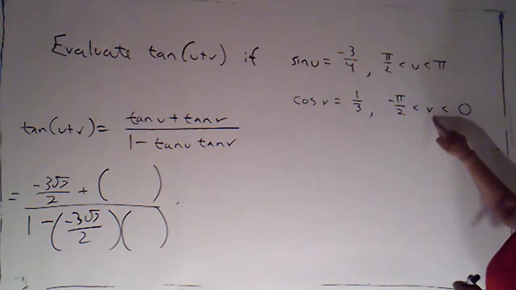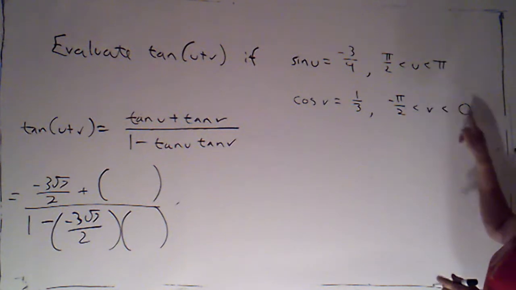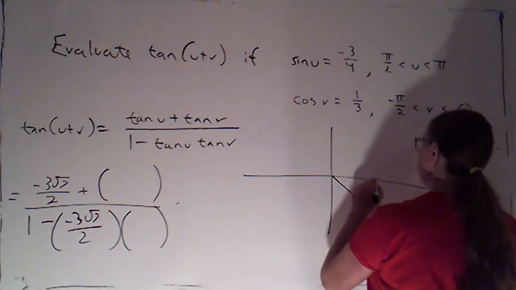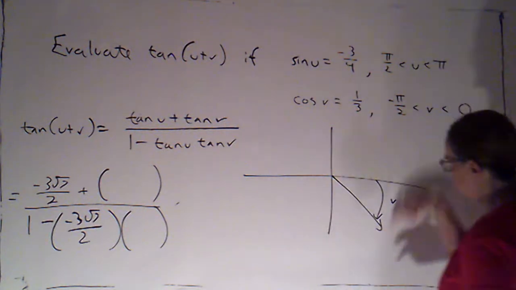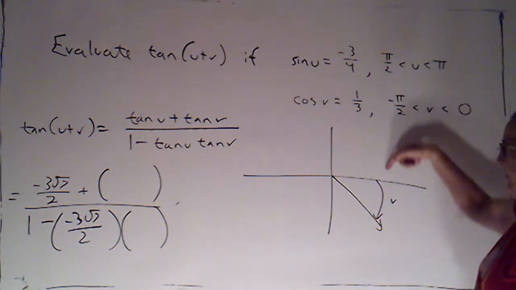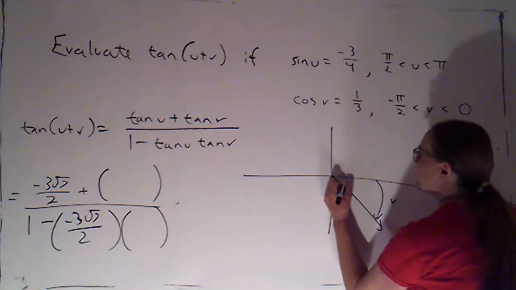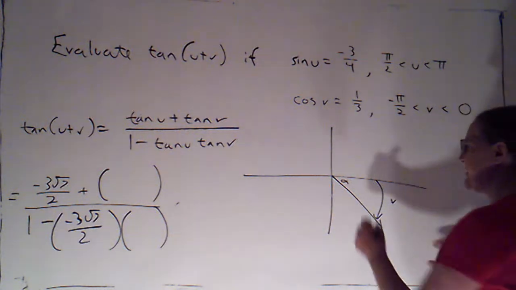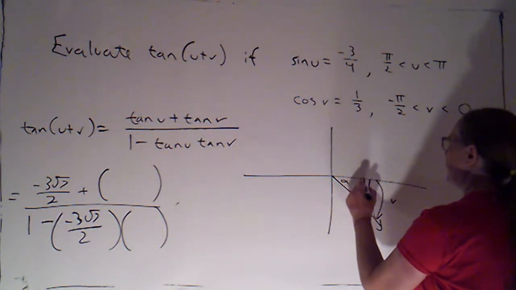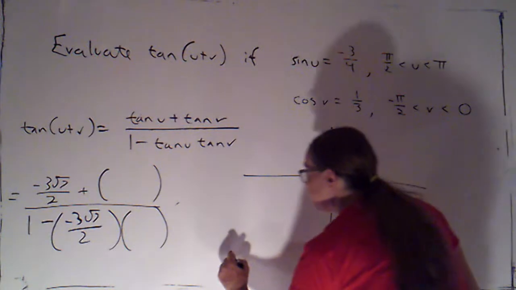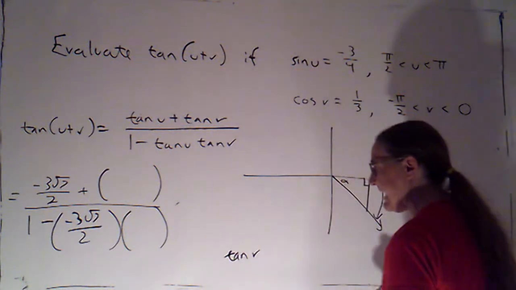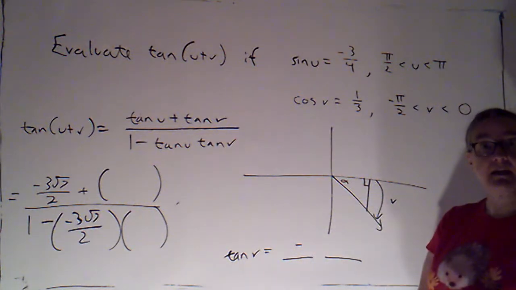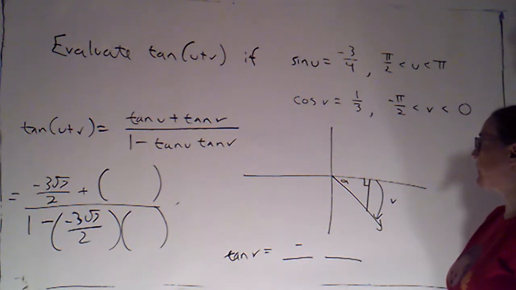So let's see, v is between negative pi over 2 and 0. So v was a negative acute angle. So v is this angle that we get by rotating this way. Its reference angle alpha would be that same amount of rotation, just counted in the positive direction. So we're in quadrant 4. If we're calculating tangent of v, since we're in quadrant 4, I know that's going to be negative because tangent is negative in quadrant 4.